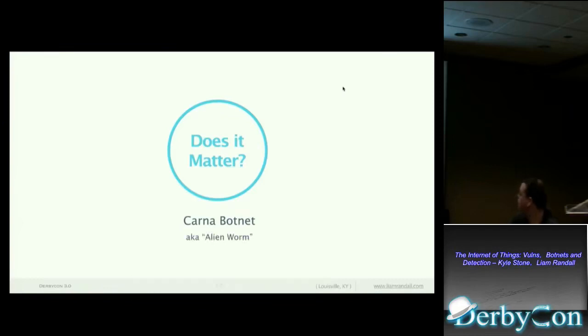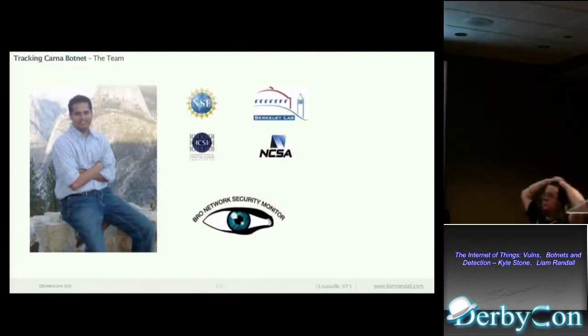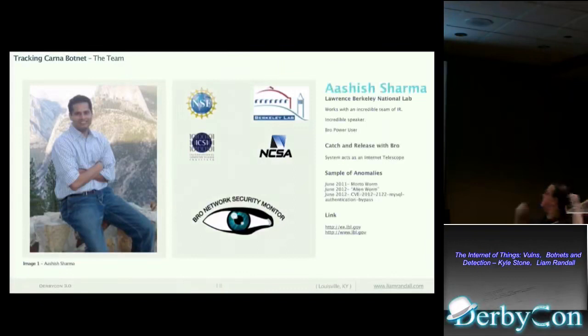In early 2012, a study was released called the Carna Botnet, or the Great Internet Census of 2012. Internally, a team at Lawrence Berkeley National Lab referred to it as the alien worm. There is a very bright group of individuals out there, and an especially bright individual named Aashish Sharma, who works on an incredible team of incident responders. He's a Bro power user,